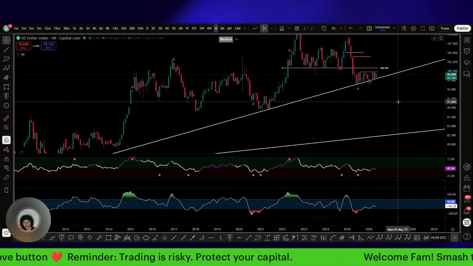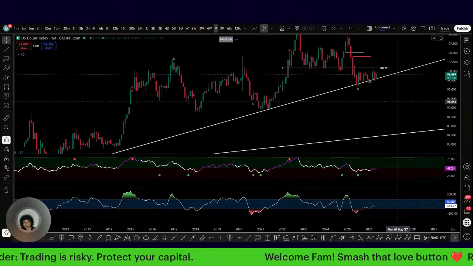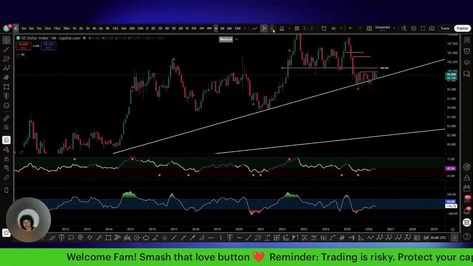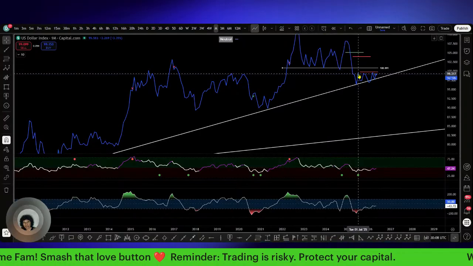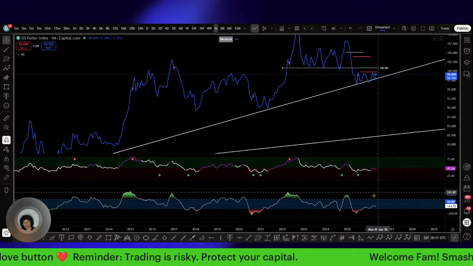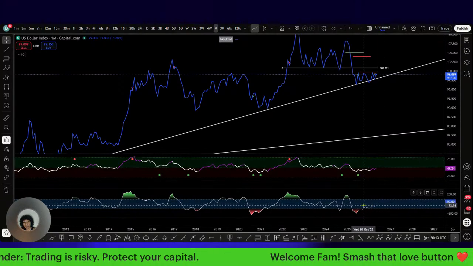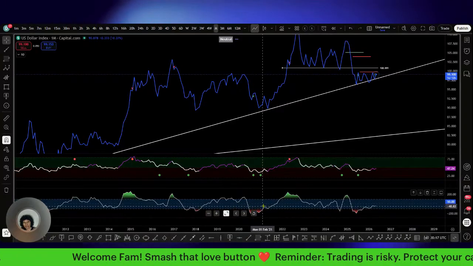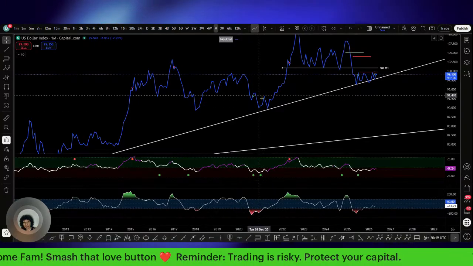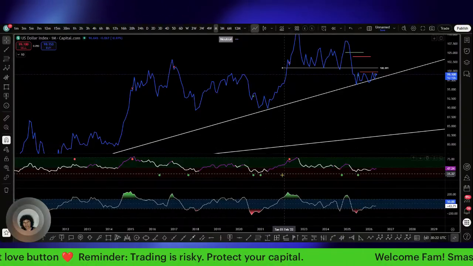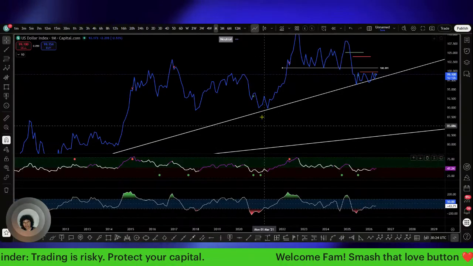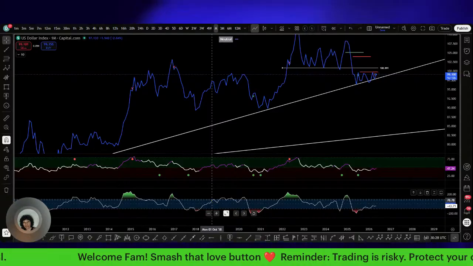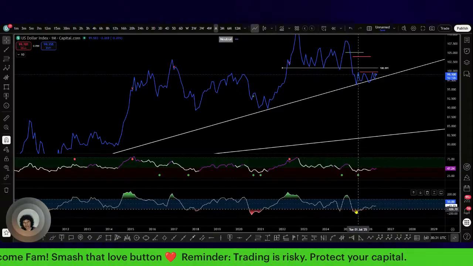Slight bear divs. Do we have any over here? You're always going to start out with something, probably. A little bit right in there. It had a little bear divs right in here too. Didn't stop it. That's my thing right there.